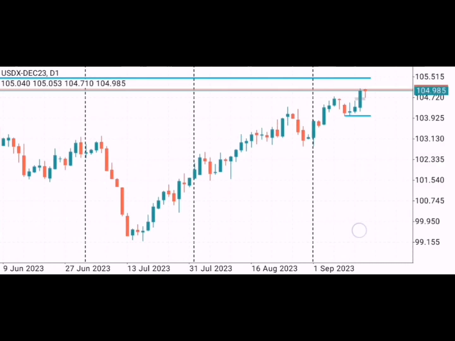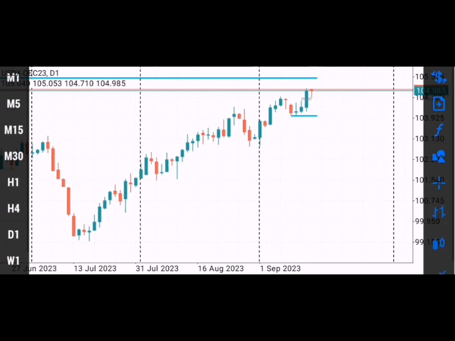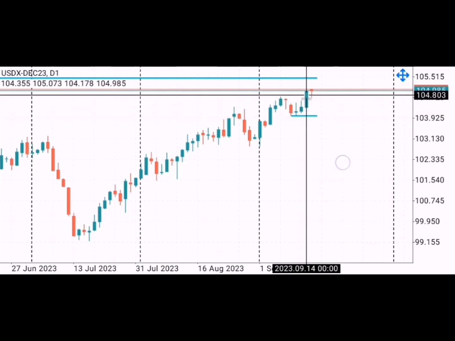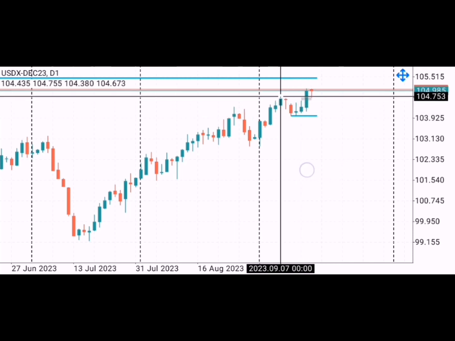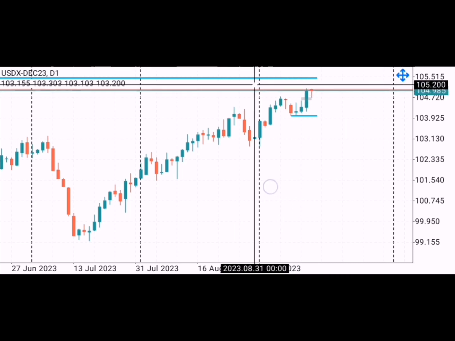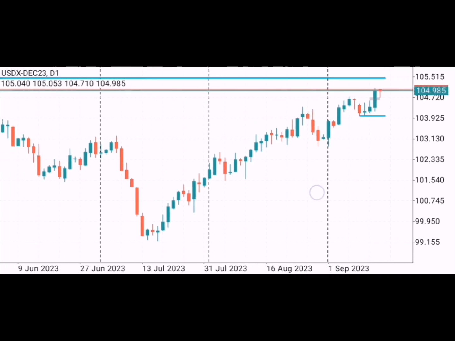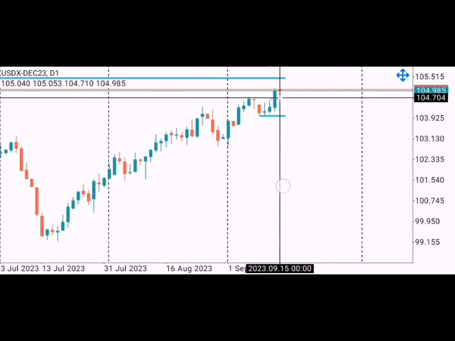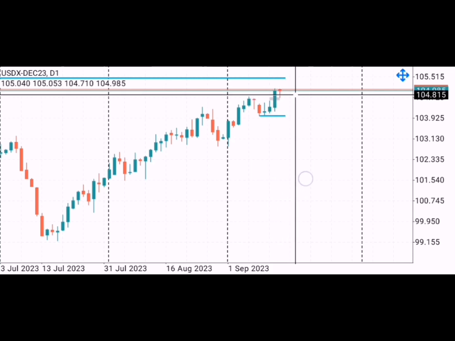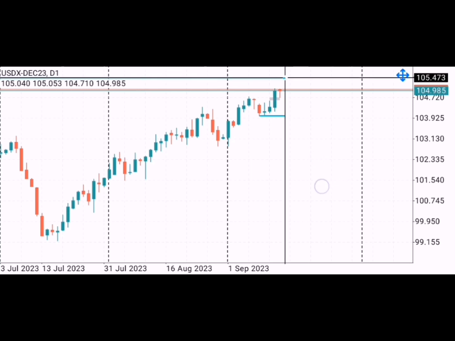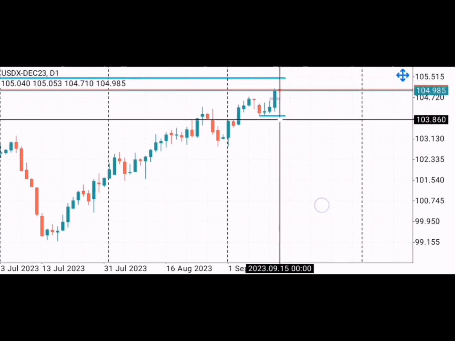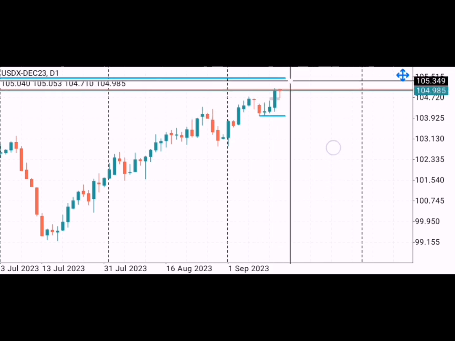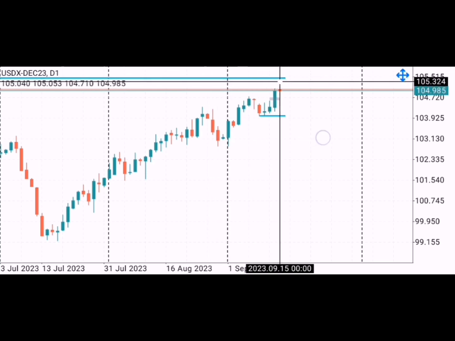Right now I have the dollar index open, and we can see that price reacted off this fair value gap that we were eyeing last week, and then began to break structure to the upside. Potentially price is going to be trading into this level in the coming week, and how that may transpire is for price to dip into this gap that we see over here and then continue momentum to the upside, or we could see price crash all the way down into these levels here, sweeping liquidity over here and begin momentum to the upside as far as this chart is concerned.